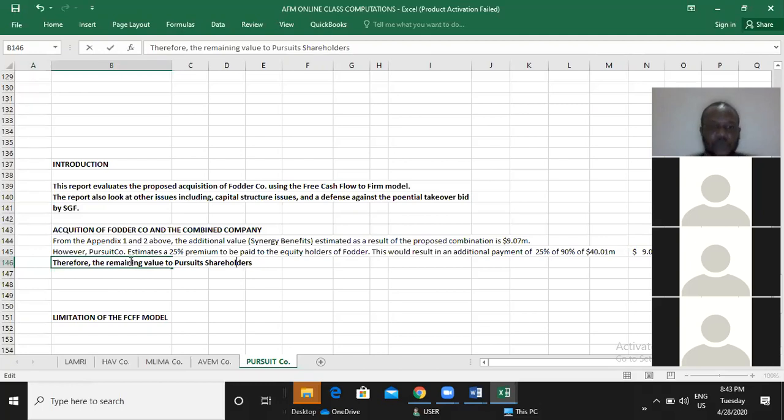It's going to log us out soon. Once it logs us out, we'll just come back and continue. So the remaining value to Pursuit shareholders would be